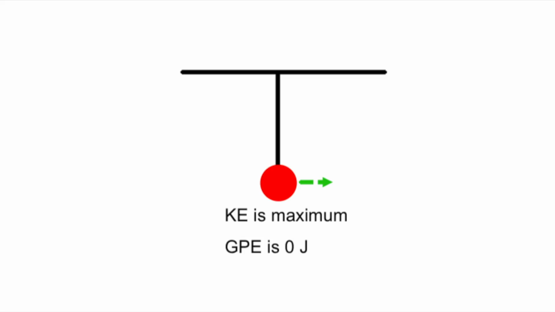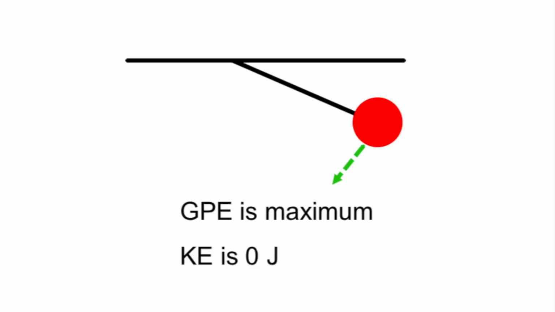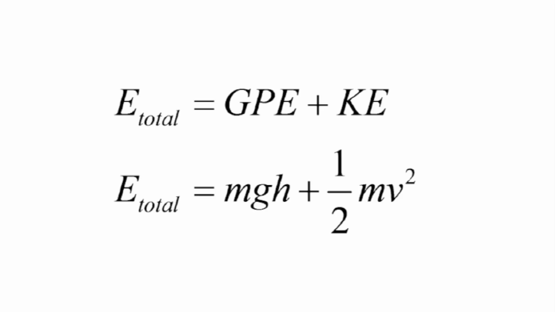Alright, so let's go over the energy components of each pendulum. When the pendulum is at the lowest point, kinetic energy is at a maximum, and gravitational potential energy is zero. When the pendulum is at its highest point, gravitational potential energy is maximum, but kinetic energy is zero. Due to no outside forces acting upon the scenario, the total energy is equal to gravitational potential energy plus kinetic